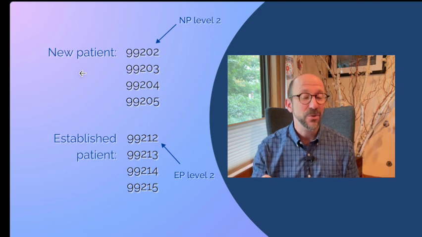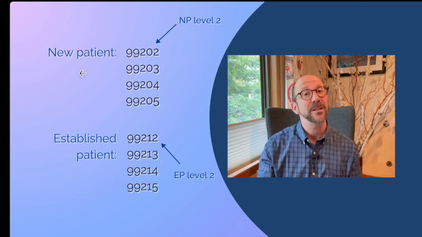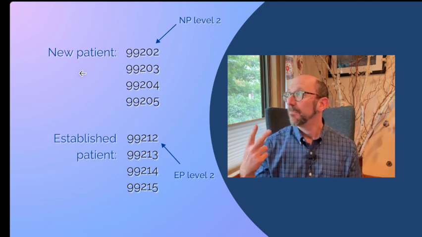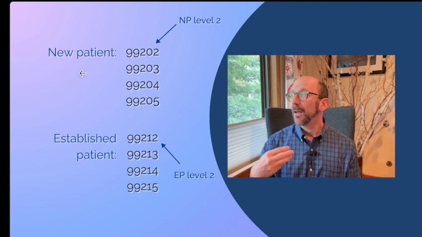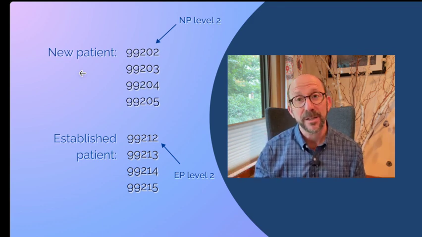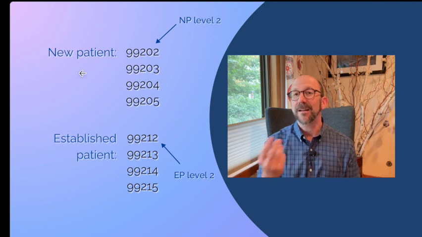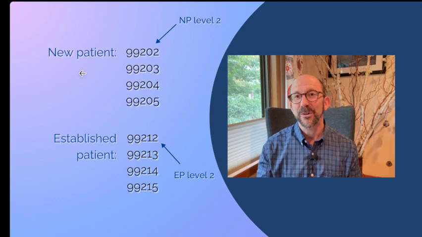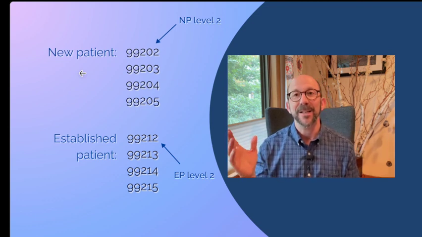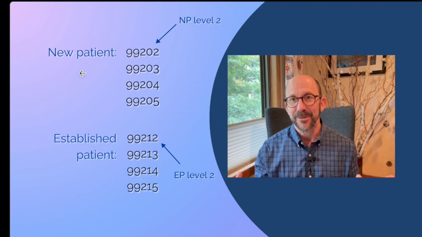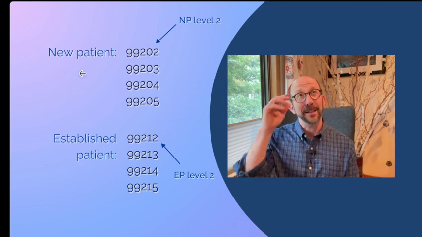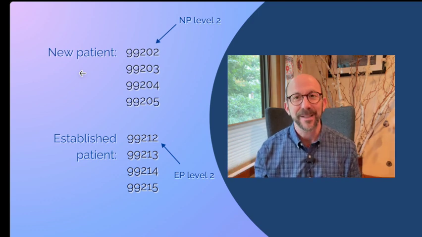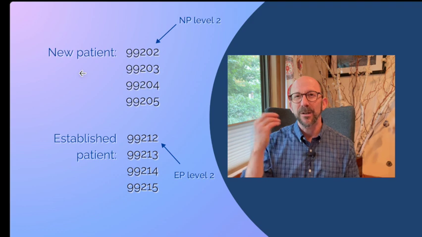So a 99202 would be a new patient with a low complexity of issues, like one region, basically a self-limiting issue. There is no risk of morbidity or mortality in the case. It's not complicated by any underlying conditions. It's a very simple, straightforward diagnosis and creation of a treatment plan, with not a lot of ins and outs and what have you. And this is complicated, way more complicated than I'm going to get into in this video, because it's more complicated than I really